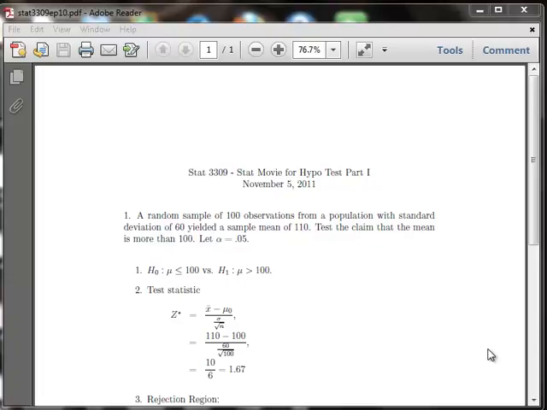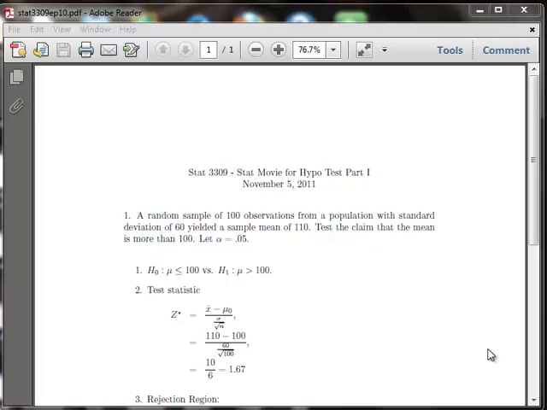It's always going to ask a question about a mean. In this case, the secret words are "more than," which means greater than. So in this particular case, it means H1 is going to have a greater than as its symbol. Finally, the last sentence gives you your alpha level, or your level of risk. So now we're ready to